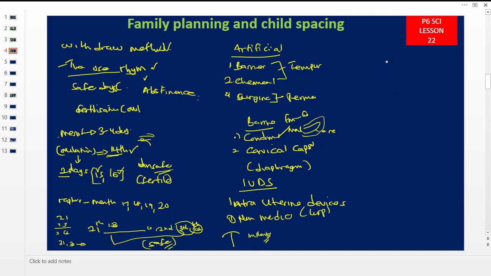Then again, you have what we call the copper-producing IUDs. These ones produce copper ions. Now these copper ions are going to kill the sperms. When the sperms just come, the copper ions are going to kill them. And again, these copper ions are going to reduce the motility